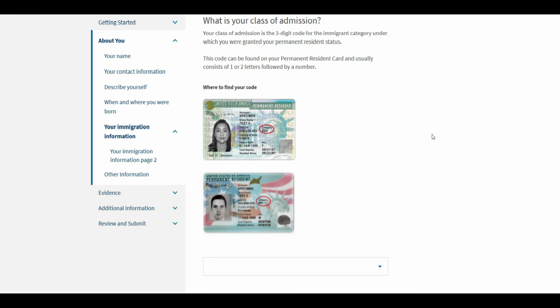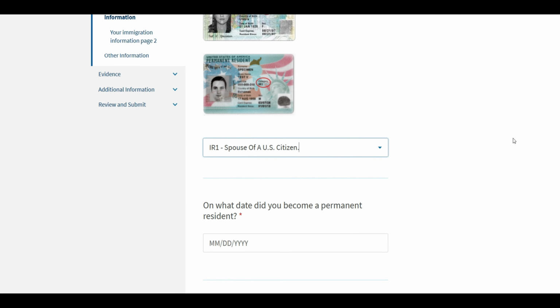If you are filling out this application because USCIS made a mistake on your card and gave you the wrong class of admission, here you will still need to write the class of admission that is written on your permanent resident card, because that is likely what they have in their system, even if it is wrong. Let's say we were supposed to be a conditional permanent resident, but they gave us a 10-year green card, spouse of a U.S. citizen. Please remember that if USCIS accidentally gave you immediate relative class of admission on your green card, but you are